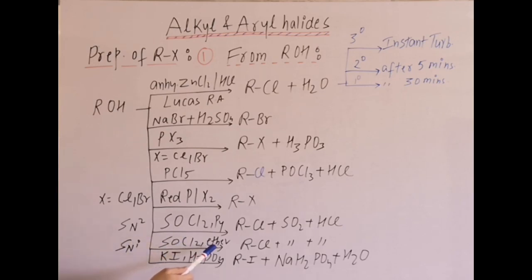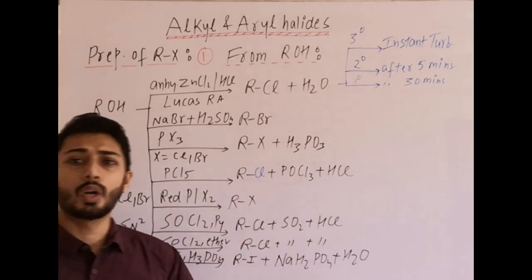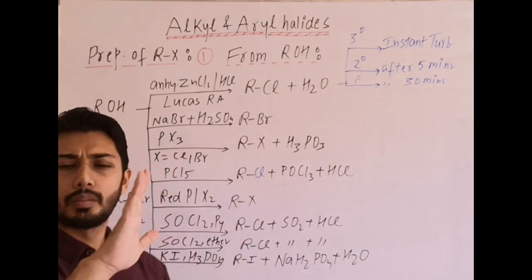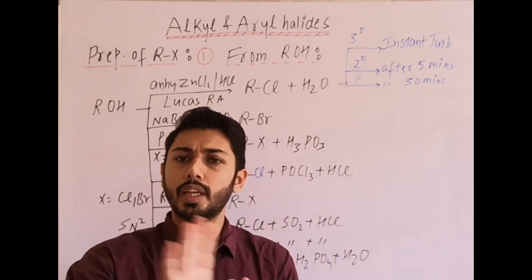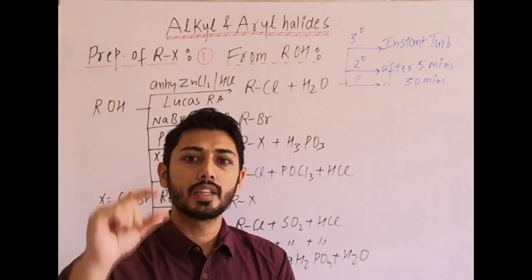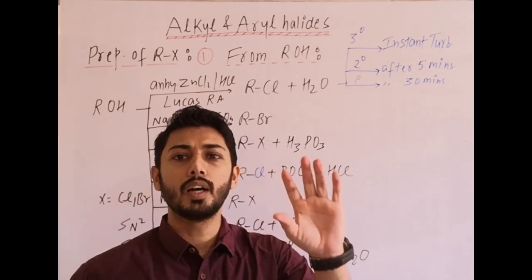Next reaction is SOCl2 in dry ether. Now here remember one thing: if it is not required in terms of mechanism, then we directly write RCl. But if any information is given regarding with pyridine and without pyridine, then with pyridine the mechanism is SN2, that means inversion of configuration, and without pyridine it is SNi, which is retention of configuration. Intramolecular attack takes place. The mechanism is not at all important, and when SOCl2 is mostly given, then directly write RCl until and unless any particular information is asked about the mechanism.